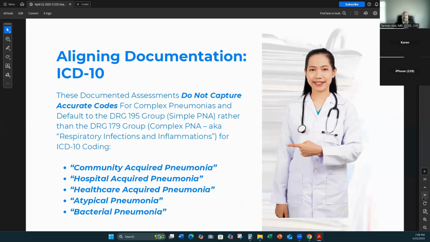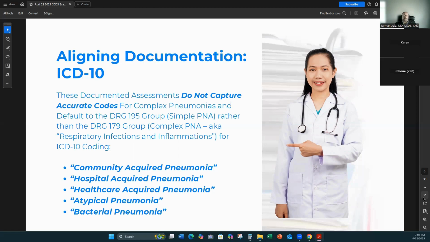So as an example, we're going to start by talking about pneumonia. We can't possibly cover all the respiratory illnesses thoroughly in this session, but we can cover some of them. And certainly we know that pneumonia is one of the most important respiratory diagnoses. It's a high volume type of admission for pneumonia through an inpatient facility.